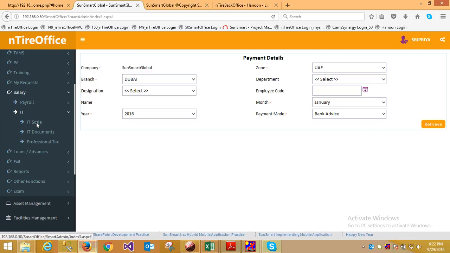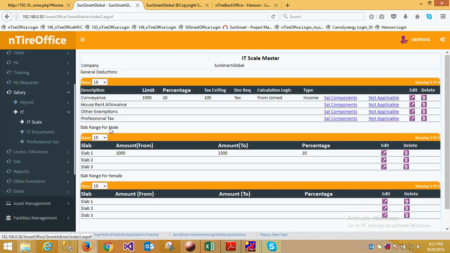We are now going to see the IT part of it. So this is applicable for the branches where we have the IT1. So we can have the salary components. So we can say the allowance, what is the limit, what is the percentage, what is the tax ceiling, whether a document is required or not, from when the calculation is calculated, okay, whether the type is